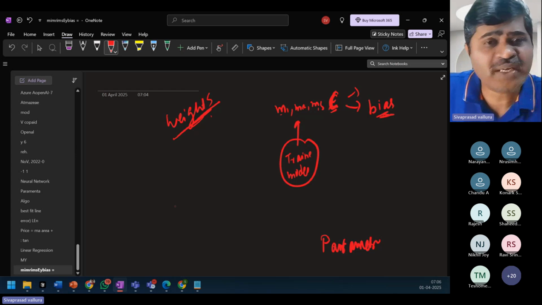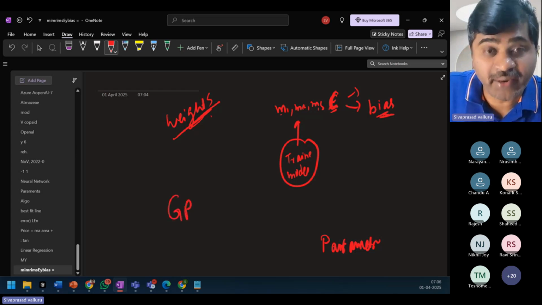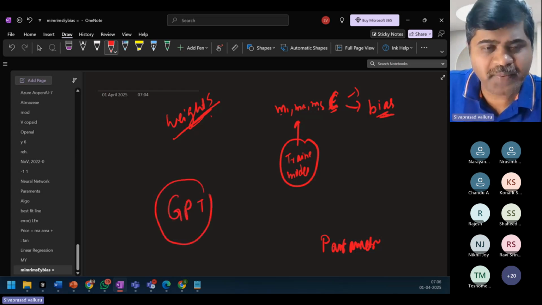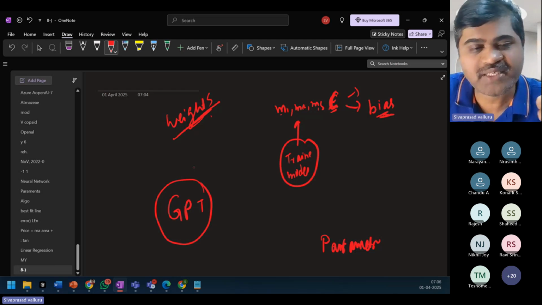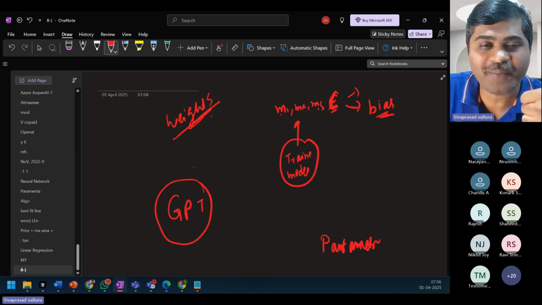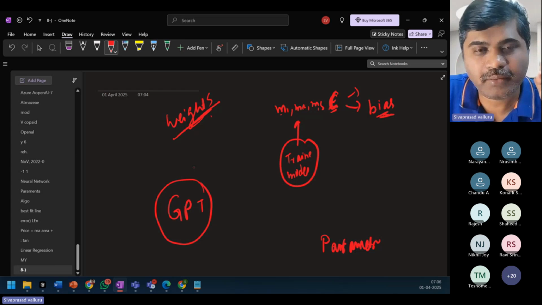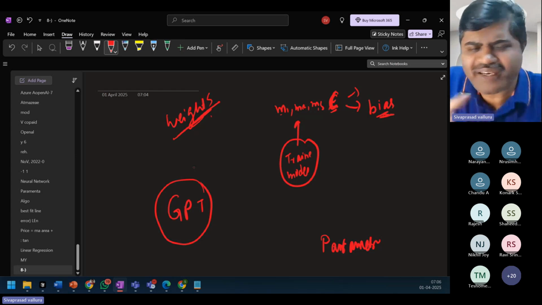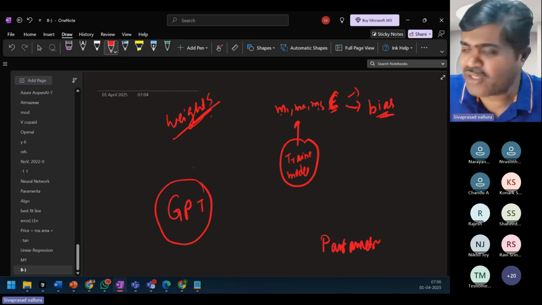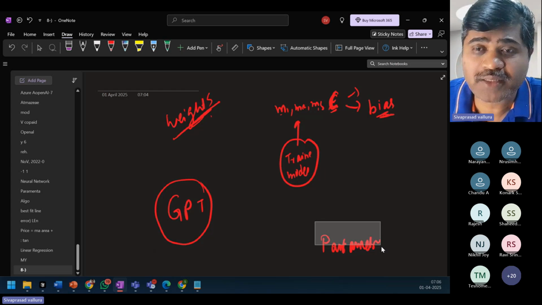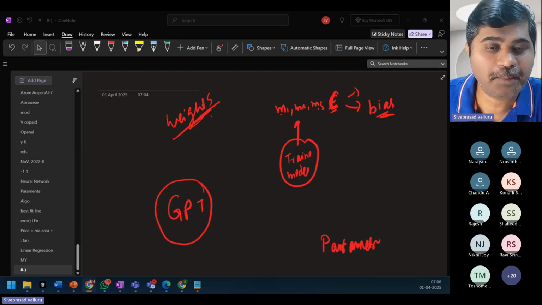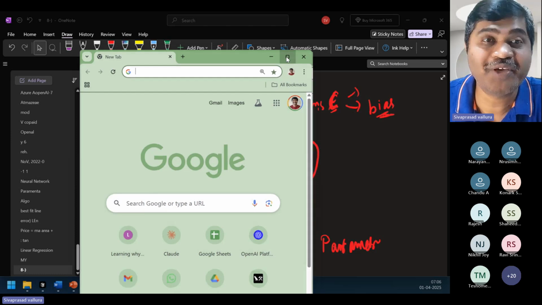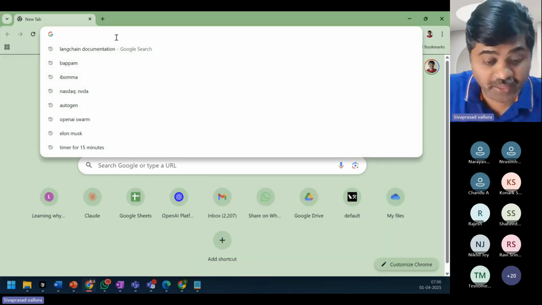So now can you visualize? I have a GPT model which is trained. GPT model is a trained model. GPT, generative pre-trained transformer. It is a trained model, right? Don't you think that there will be multiple parameters? Let us go and check how many parameters are there. I wanted you to visualize actually how costly it is.